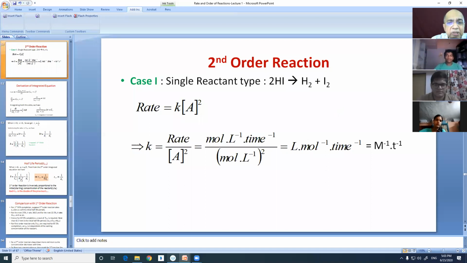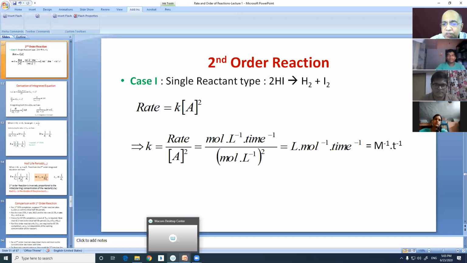And we know experimentally that rate is equal to some constant K into the second power of the reactant concentration. It has been experimentally determined by taking a log R versus log A graph. The slope has been found to be 2. And fortunately, looking at the balanced equation, the coefficient of HI is also 2, but that doesn't matter. Experimentally, the order has been determined to be 2.